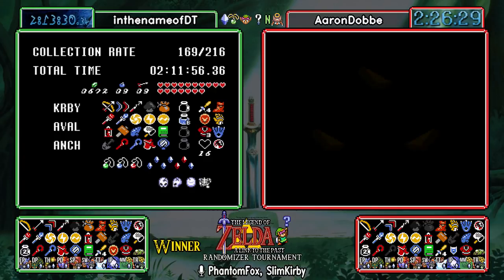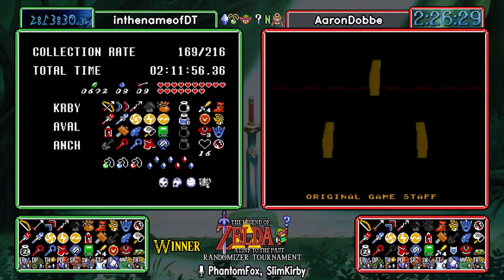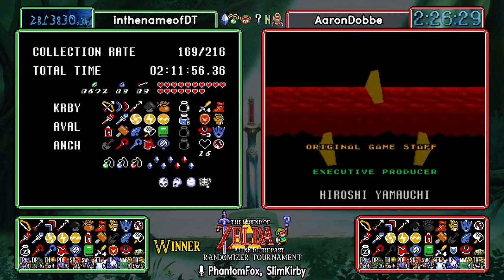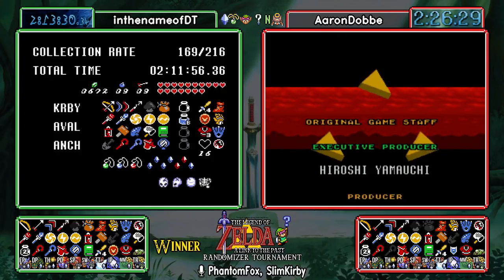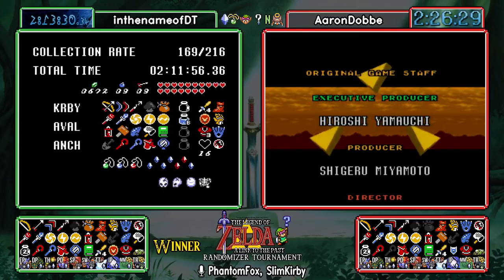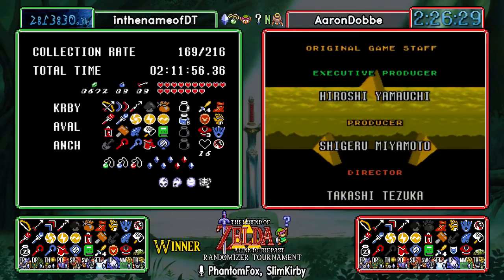Is that I was feeling extremely behind, which I think is probably understandable. So I felt like I needed to try and make a desperation play and do something dumb. So I decided to dip Swamp Palace first in hopes that I would find something there. It was the same with